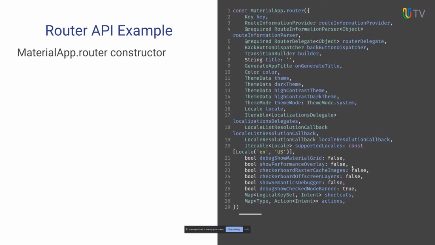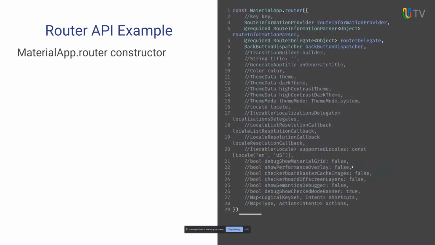So what you see on the right-hand side is the new MaterialApp.router constructor. Material App itself has lots of parameters, so let's comment out the ones that we don't care about right now. And as you can see, we're left with the same four that the router widget uses: provider, parser, delegate, and dispatcher. And there they are.